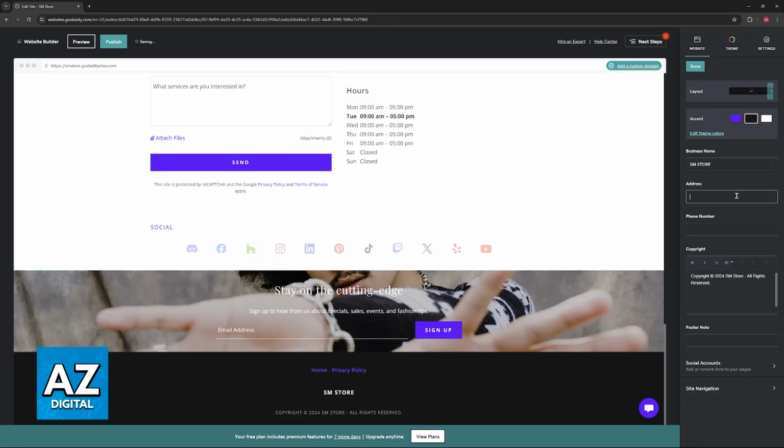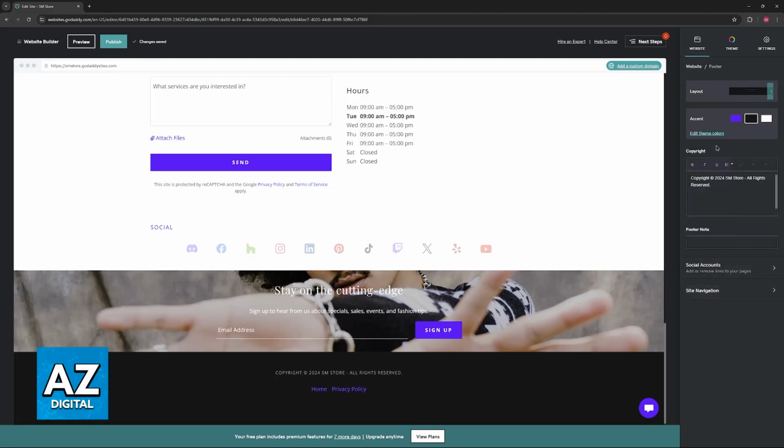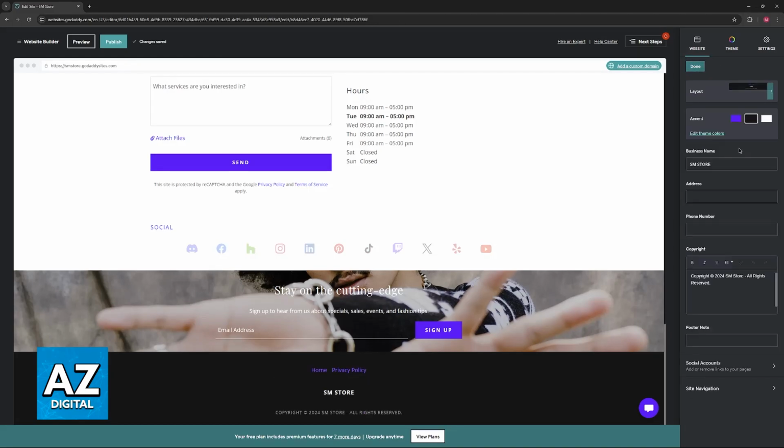You can then include some sort of address. So if you are running a business through GoDaddy, it might be nice to include the street where it is located here. So you can include the street, the number, and so on. So make sure that you go through all of this process. And you can also include contact details like a phone number. You will notice that as soon as I changed the layout, more options appeared. So the layout usually is going to be what changes all of these inclusions. So make sure that you browse through all of them.